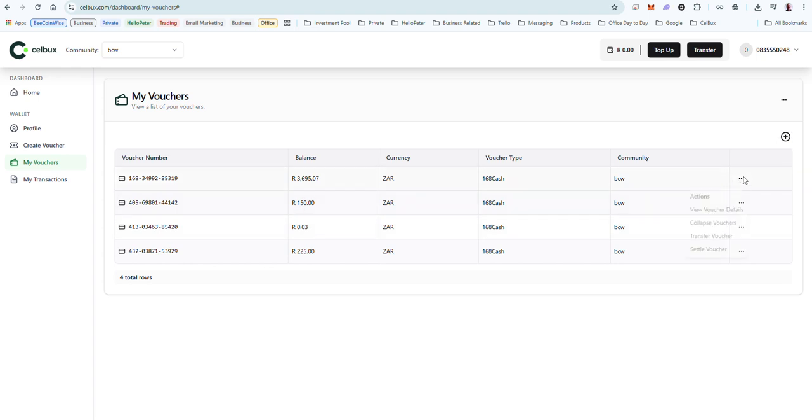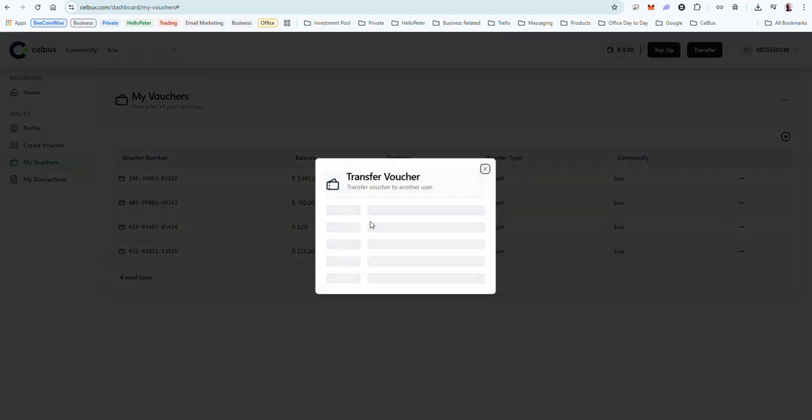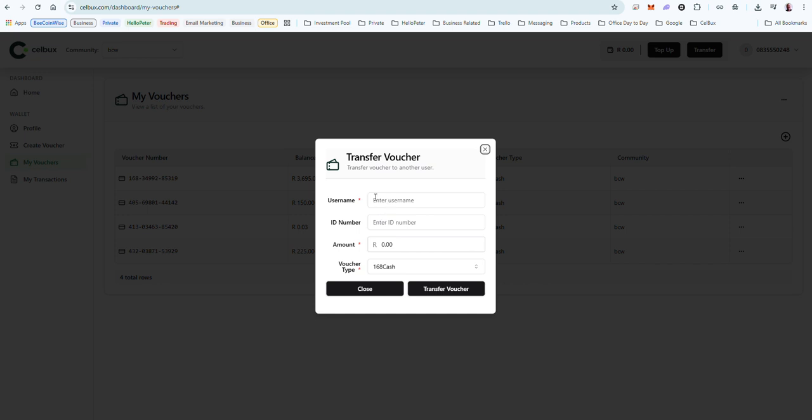If they're not on the system, it'll still send them a voucher. So when you say transfer voucher, you can put somebody that's not on the system, put their number in here and the amount that you want to transfer. And what will happen is it'll actually open an account on Celbux that's not a registered account that will hold